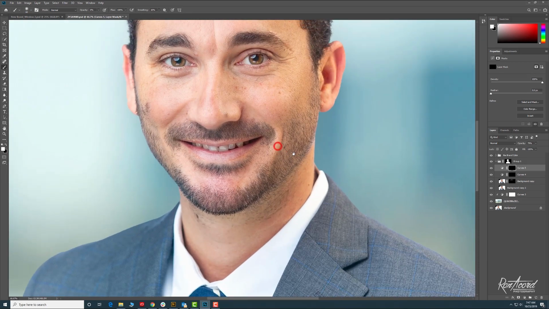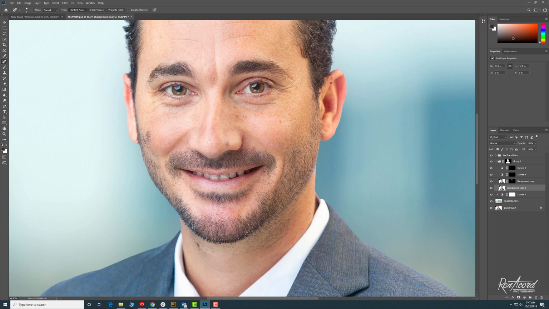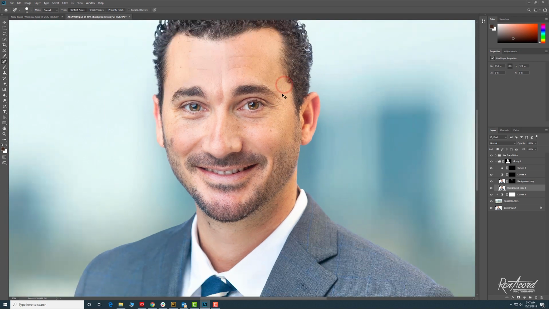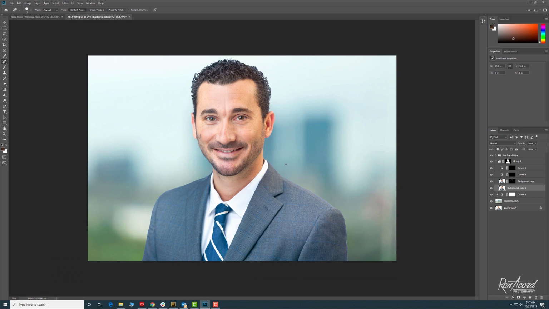Sweet. That's what we're doing, and some cleanup to be done if need be. Maybe some ear hair, something real simple. Classic cleanup things that you see. The main purpose, you can clean up all day. The main purpose of this was to show you how to cut out in a studio setting and create a window look all day, every day, anywhere you want to go, as long as you can fit